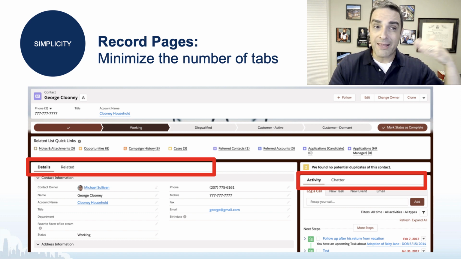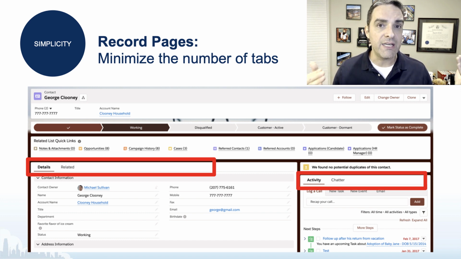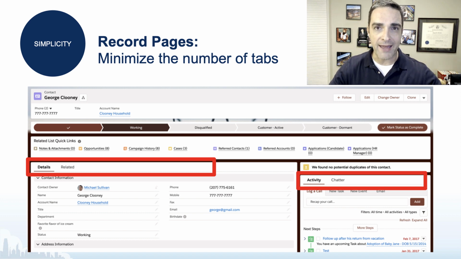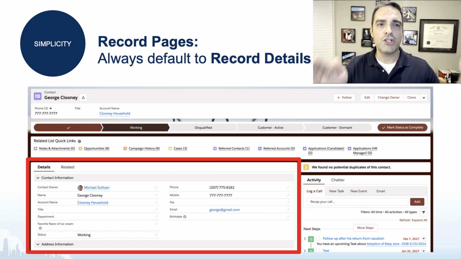And by the way, putting the second tab for related, in a way, it's not even needed. Why is it not needed? Because we have the related quick links right above that. And I'm going to drill into that a little bit more in a couple of minutes. But let's scoot over to the right-hand side of the screen. And over here, the standard template that I do for, again, every single client, regardless of the industry, regardless of the size, I put 2 tabs on the right-hand side of the screen, one for activity and the other one for chatter. The first tab should always,